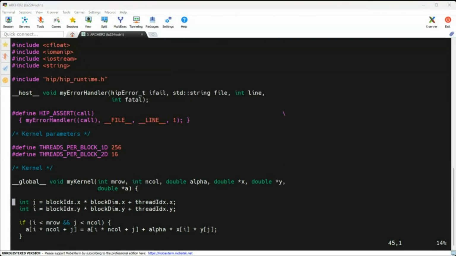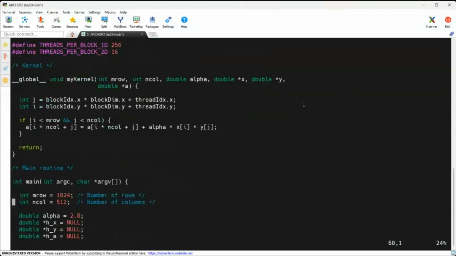I will copy the link of the exercise in the chat, and also the text. The text says: for vectors x and y, replace the relevant heap memory copy with an asynchronous operation, using 2 different streams. Make sure that the data has reached the device before the kernel launch. Cool. So here what I need to do is